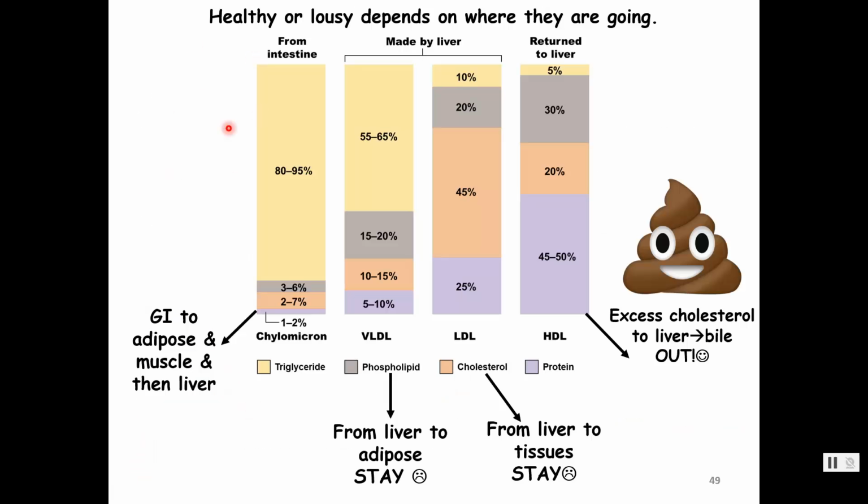So we already talked about chylomicrons, and so it just says a majority of our fats from our diet are going to be triglycerides. These very low density lipoproteins are going to be really high in fat. That's why they have very low density, because they're mostly fat. And VLDLs aren't very good for you either, because this is fat that's destined to stay in the body. The thing is, we don't have a test for it,